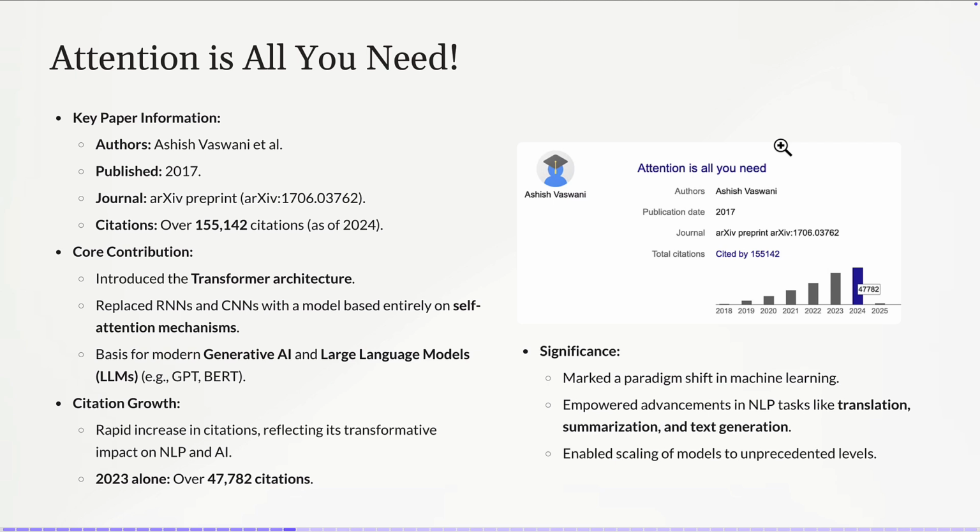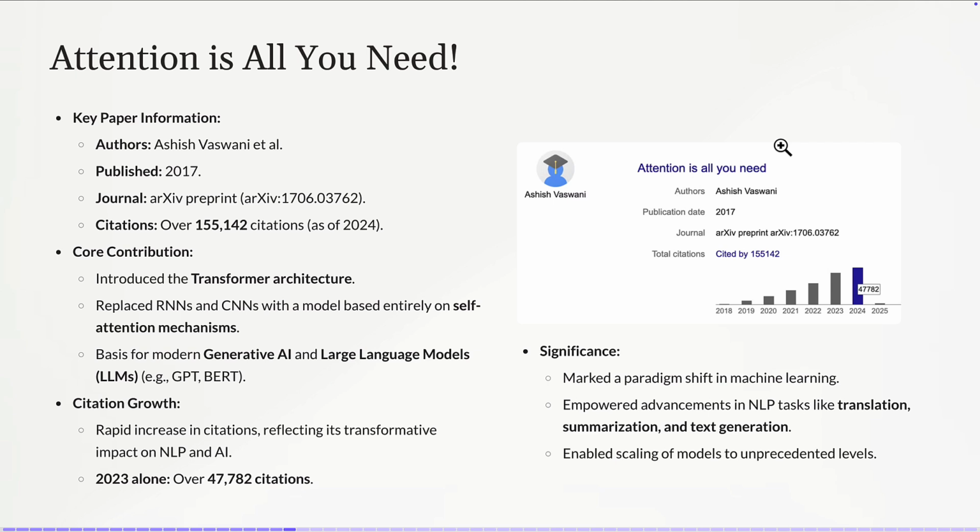Just in 5 years, 1,555 citations, just one paper. You can see in 2024 it is still being cited almost 50,000 times. It's impressive. This paper is a revolutionary paper, because everything we have now in AI is based on this technology.